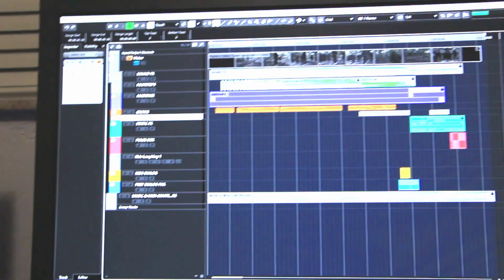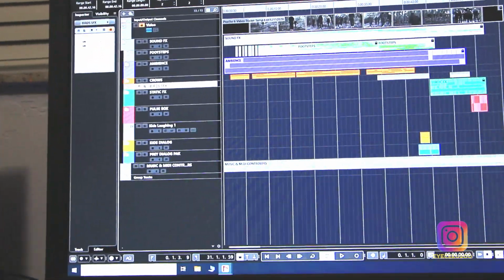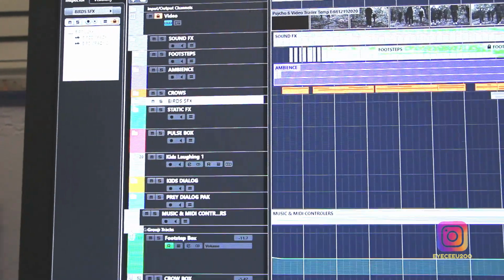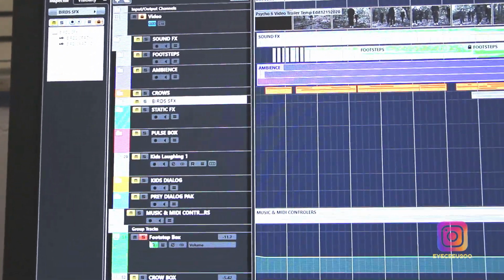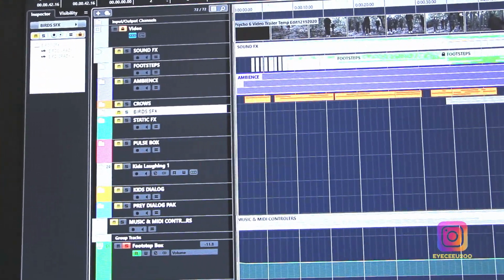Now we're gonna break up the individual sound effects so you can get an idea of what they were sounding like. Let's go to the footsteps. So I have the group tracks, and I'm going to this footstep box. And basically this is what I had to deal with, putting in